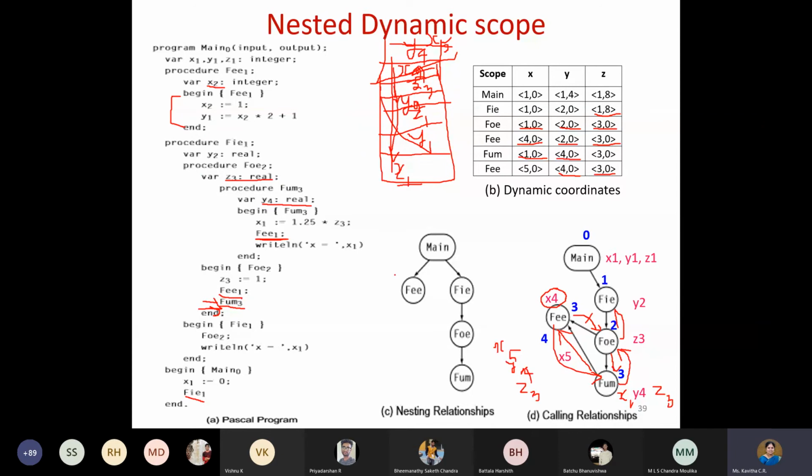The main point is that for the lexical scope we will be using the nesting relationship, and for the dynamic scope we will be using the calling relationships. If you remember these two points, then it will be easy. Then also you try to mark whenever you draw the graph. Now you mark the levels for each function, and inside, when it enters the body of that particular function, you know what is happening, whether the redeclaration is done or not. Accordingly, you will have to maintain the subscript of the variables. So if you are able to do this, then the construction of the table is very easy.